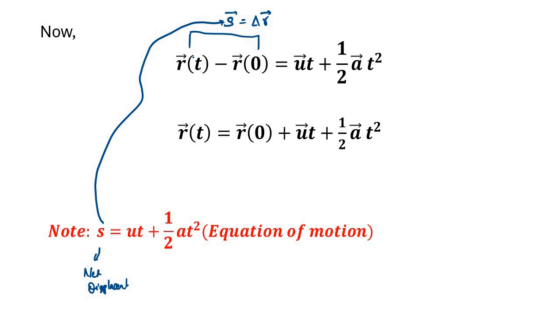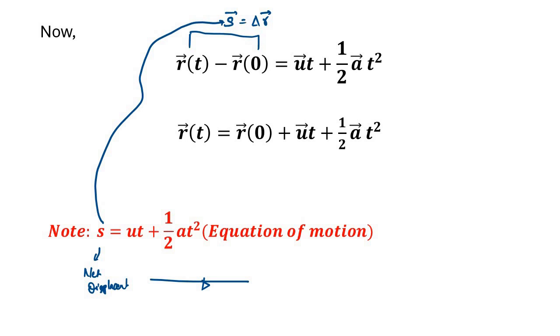Why? Because in one-dimensional motion, as there was no vector, the change in position was happening only along one direction. So resolving it into various components was not required. It was not necessary to include the vector notation. There was no requirement to resolve it into its individual components along x and y directions. But here, as it is required, we have to include this vector notation so that we can resolve it